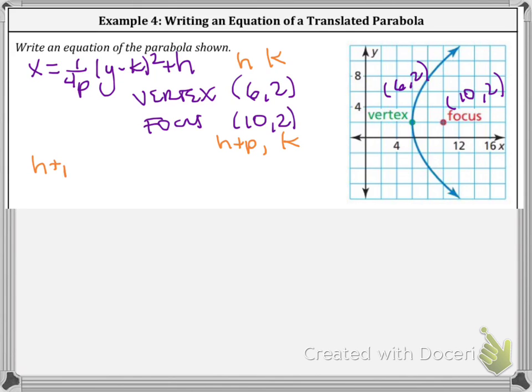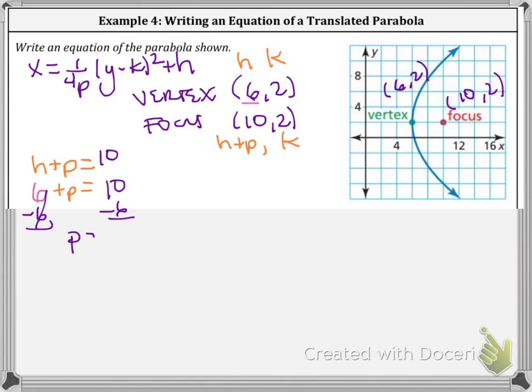H plus p equals 10. We already know what h is. H is 6. So therefore we write 6 plus p